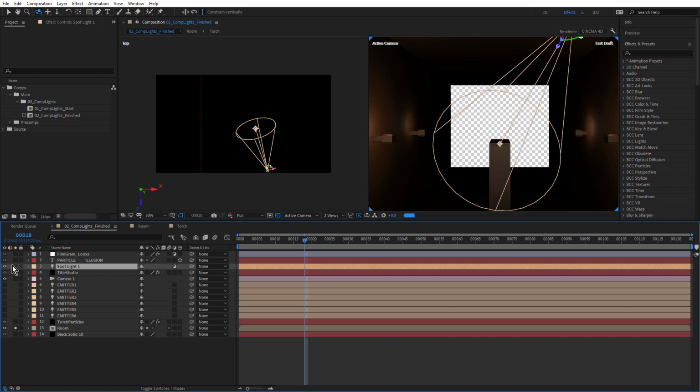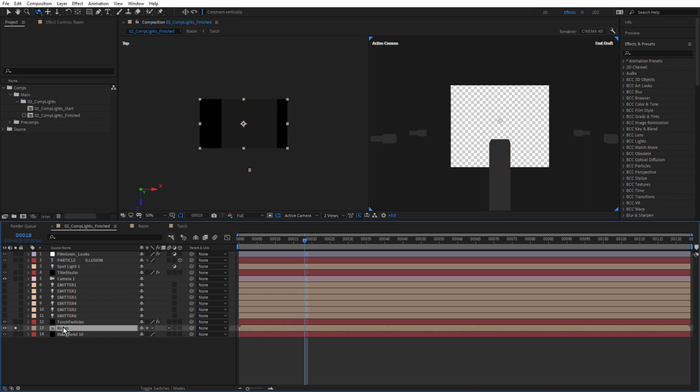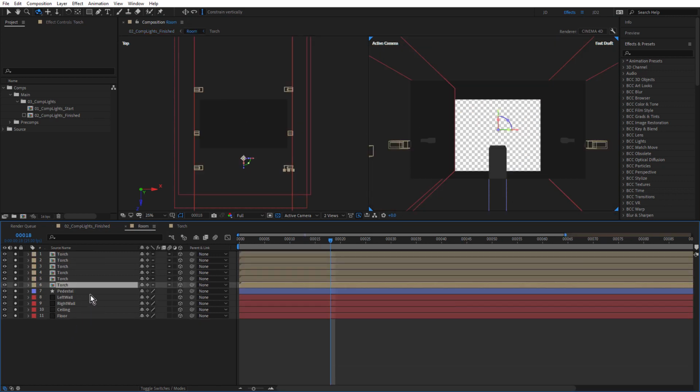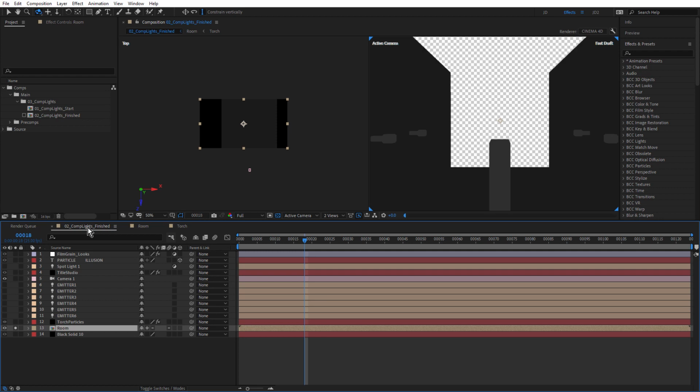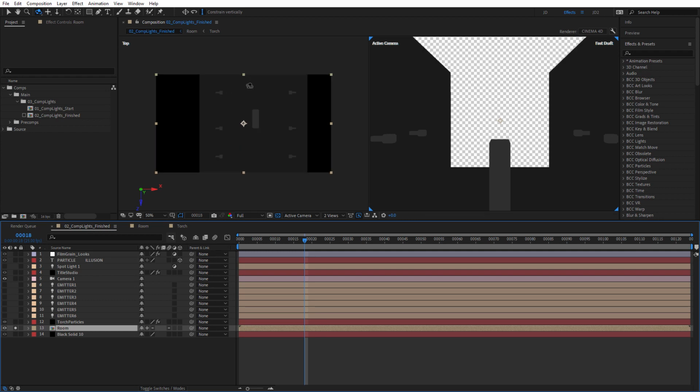Just turn these off. And what I also need to do, come into room and just switch off the ceiling. Come back to the main comp. Because we had the ceiling turned on, we couldn't see the torches. So now I can see the torches in this main comp and position the lights.